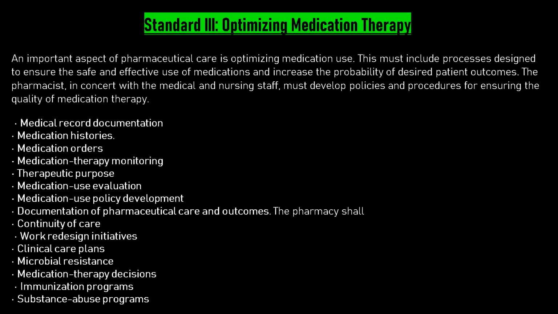And medication therapy decisions. The pharmacist should initiate, monitor and modify medication therapy for individual patients consistent with law. This is compulsory, regulation. If it is against law and regulation, we cannot do it. And hospital policies shall be clearly defined and approved by the P&T committee. The pharmacy and therapeutic committee should approve those things.